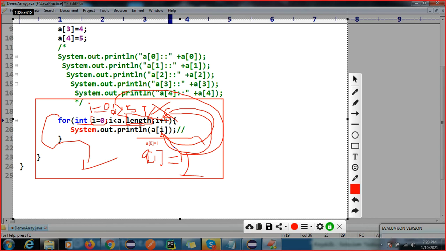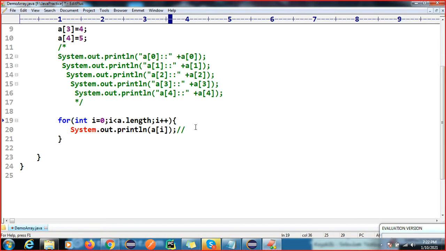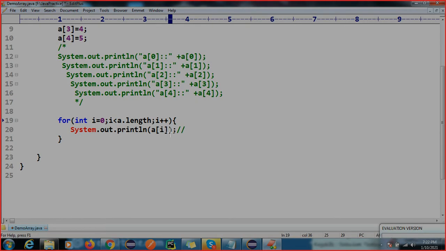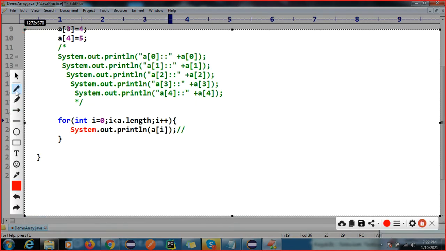Anyone having any doubt regarding the for loop? Okay, so how does this for loop work? This is called initialization; we have to initialize, right? If you simply write i, how will the compiler and JVM know?